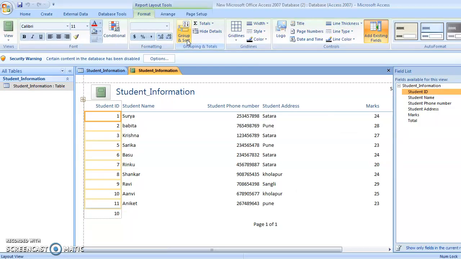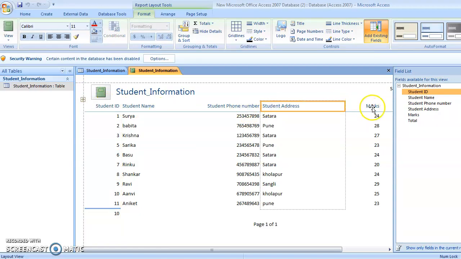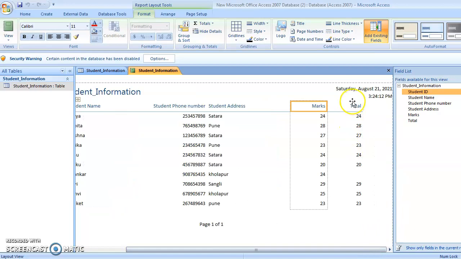Now when I click on the report option, all the fields I entered in my table will be shown like one report: student ID, student name, student phone number, student address, marks, and the next field is total.